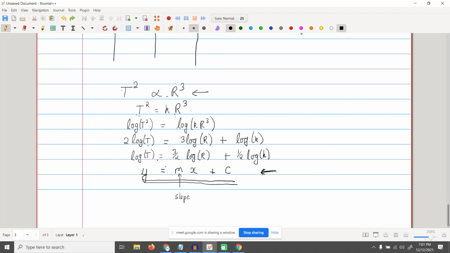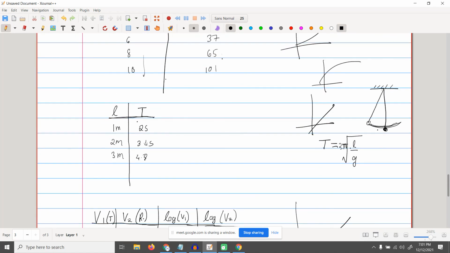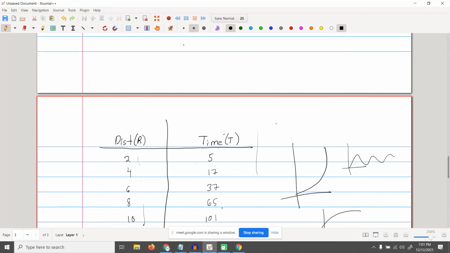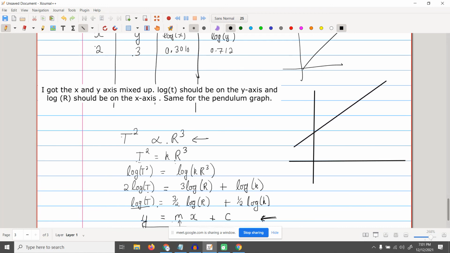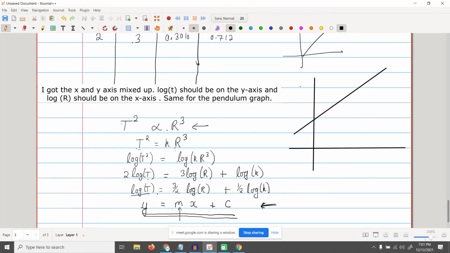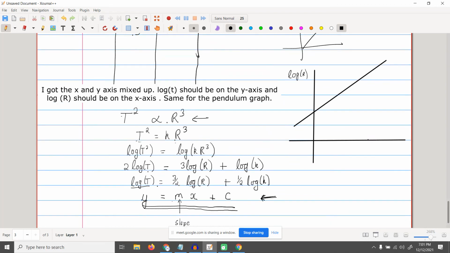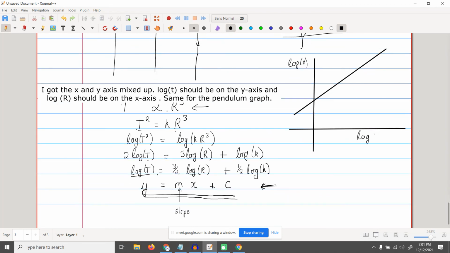So if we plot log t and log r, okay, so if we plot this, instead of r and t, we take log t and log r, when we plot, we will get a few things. The plot will look something like this. Let me make a nice graph. The plot is going to look something like this. Okay, a straight line. So on y-axis, we are going to plot log r. On x-axis, we are going to plot log t.